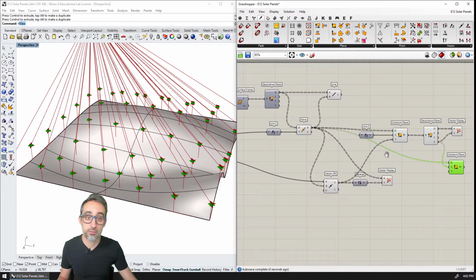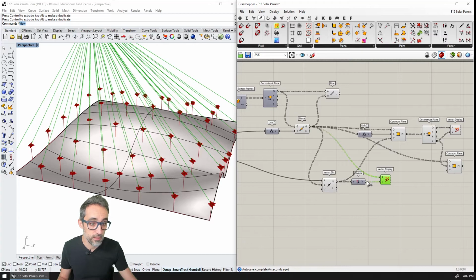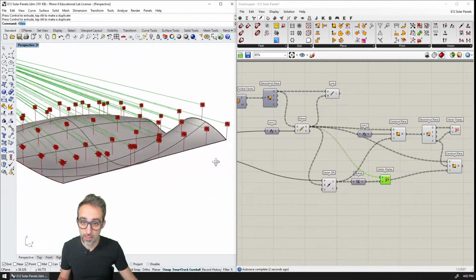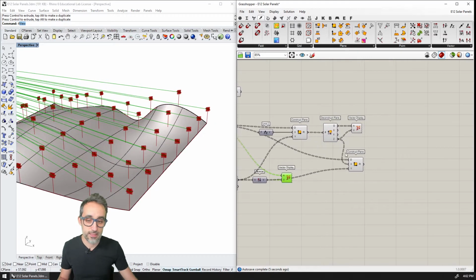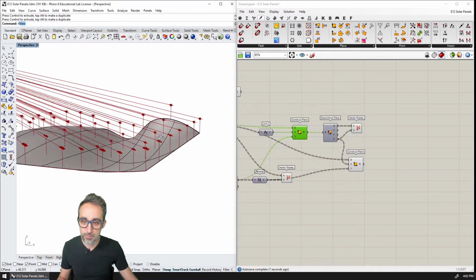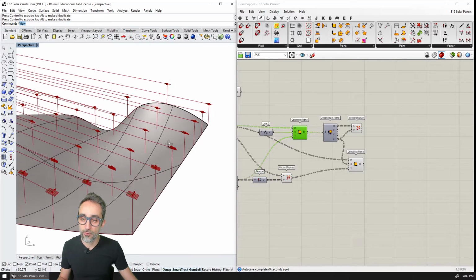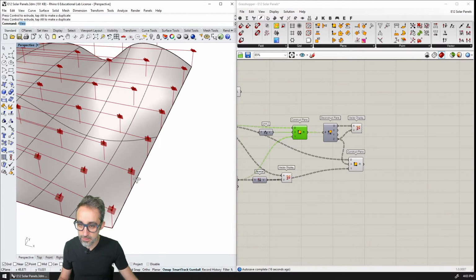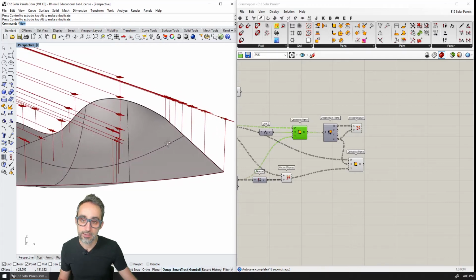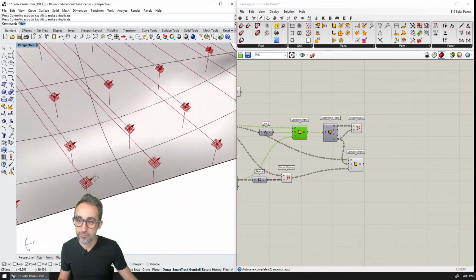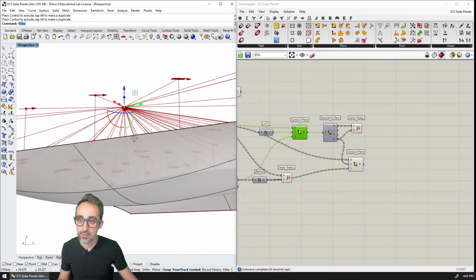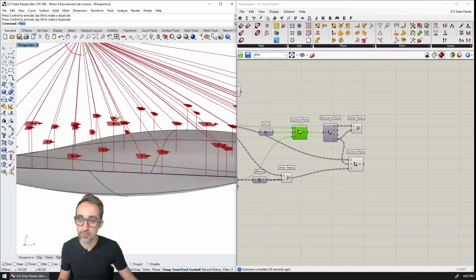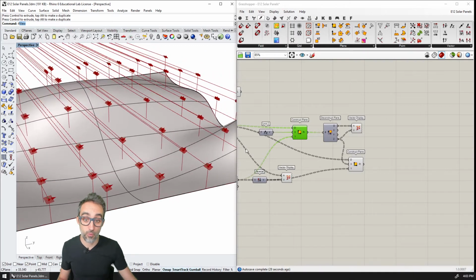So where is the sun? I forget where the sun is. The sun is here. Okay, so that's going to be this one here. And then if we do that, we can see that now we have all these planes. Just like before, what we had were vertical planes that were containing the mast and the sun. What we have now is this kind of horizontal planes that contain the sun ray, but at the same time have the perpendicularity that we calculated before.